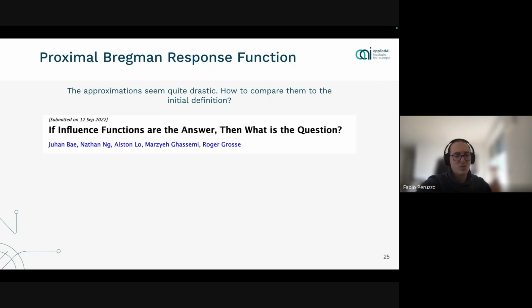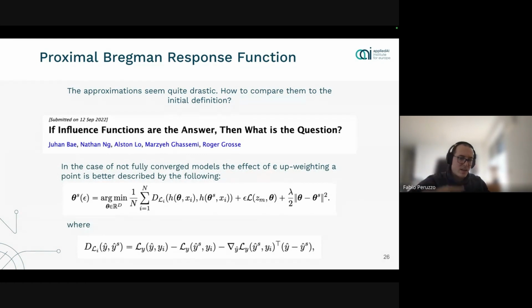So it generalizes to those models for which we have used early stopping, basically all the models that we use in practice. So this quantity that is a much better ground truth for influences is called, or they called it, a proximal Bregman response function. It has a very complex formula, which we're not going to get into. The key point here is that we have a better ground truth for influences with which we can compare the EKFAC approximation and see how off we are with our estimation.